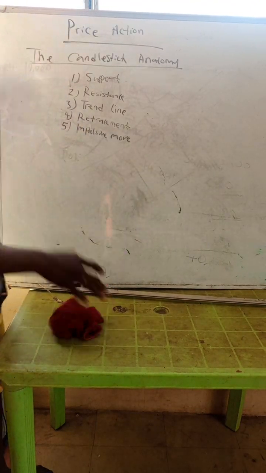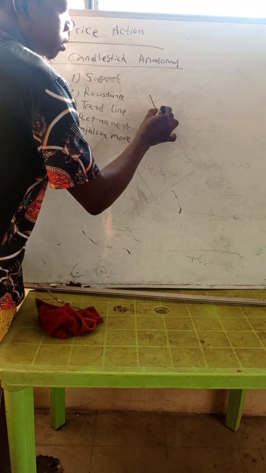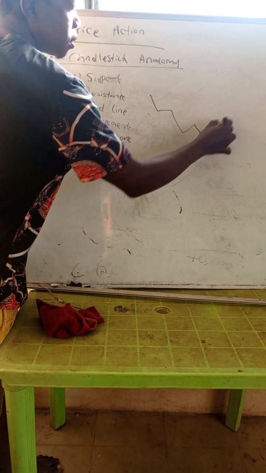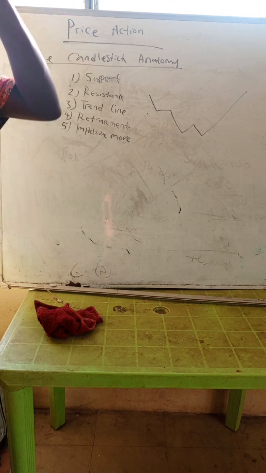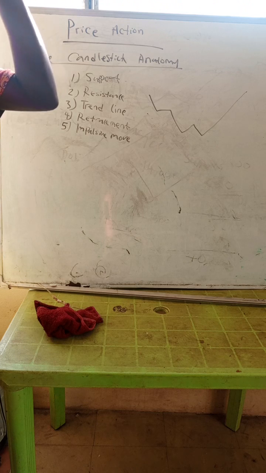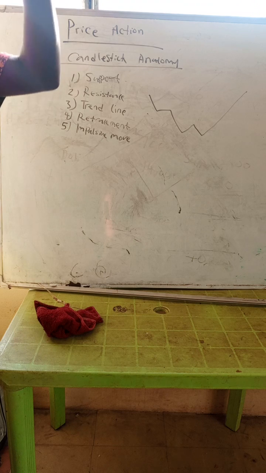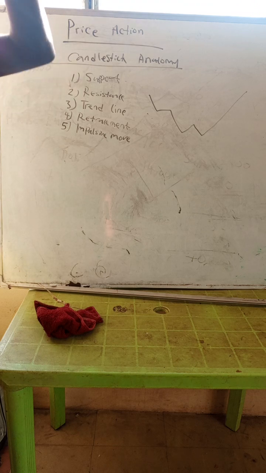Just be sure that you are able to identify supports. So, can you identify supports for me? The supports here for me. I will give you 10 seconds to do that. Use your eyes to identify supports here. How many supports do we have here? Remember the definition of support. Support is the point in the market where the price fails to go any lower. So I will now count: 10, 9, 8, 7, 6, 5, 4, 3, 2, 1, 0.